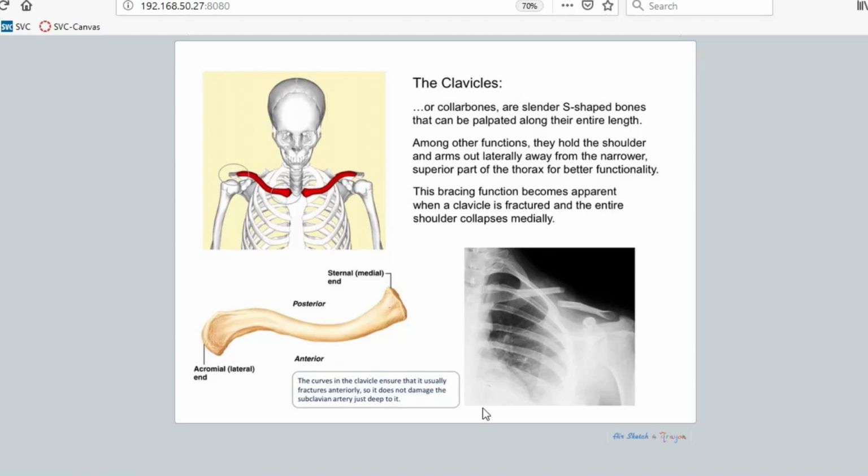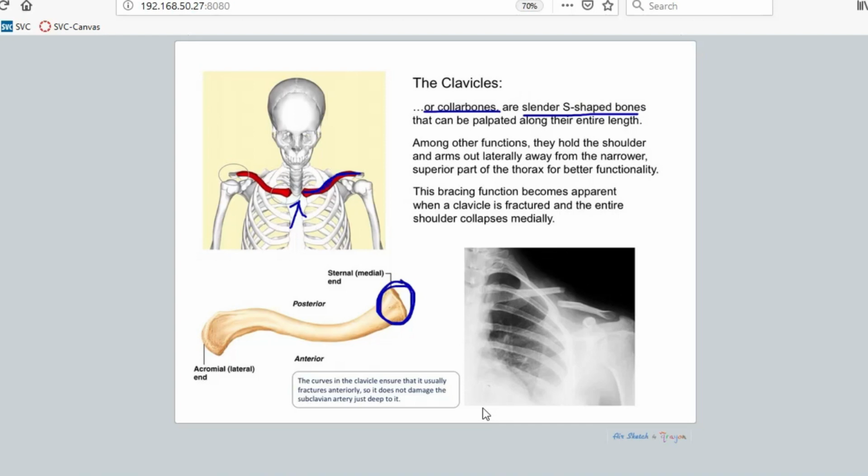Let's take a look at some of these bones here. So first of all, we have the clavicles, also called the collarbones. These are slender, S-shaped bones, and you can palpate this if you start medially. You can identify it would be this end right here, the sternal end of the clavicle, and you can palpate it all the